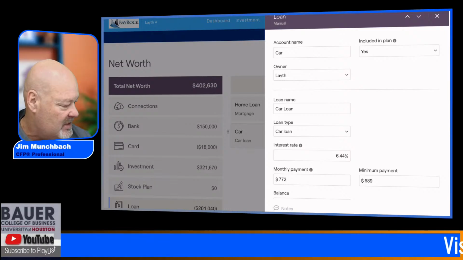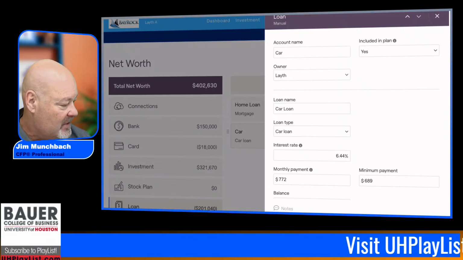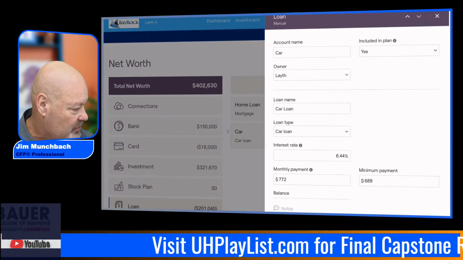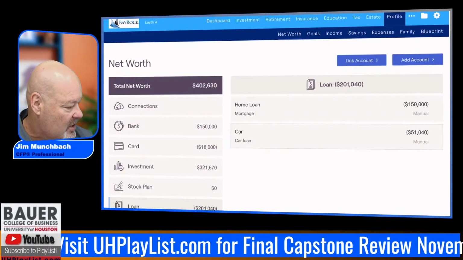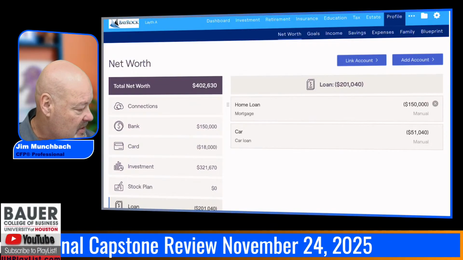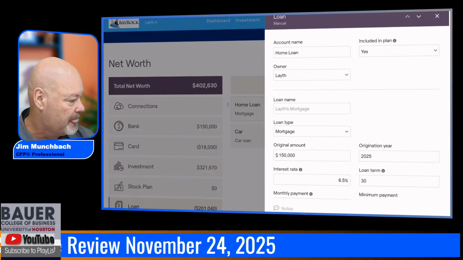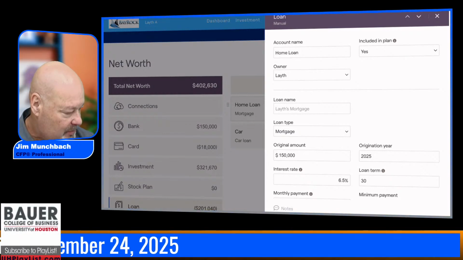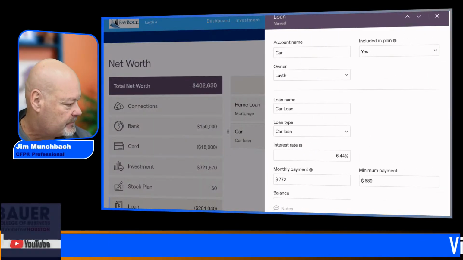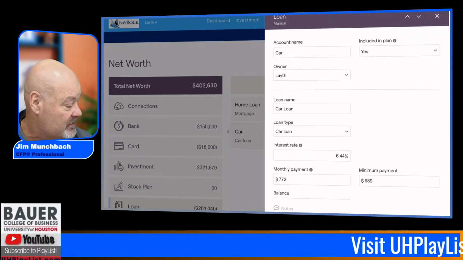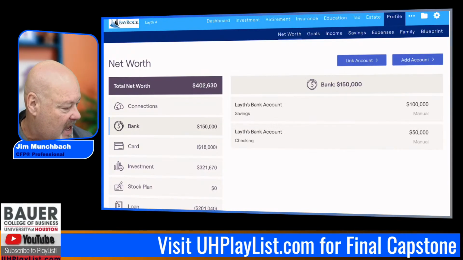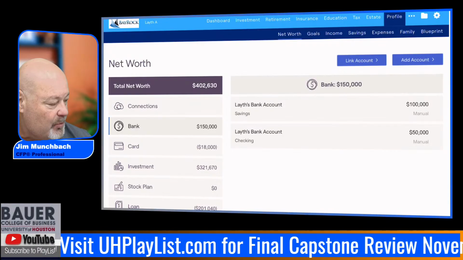And I can jump in and see that there's some things missing here, like you don't have an interest rate. That's not good. You would get deductions for that. So make sure you include all of the details in these data cards because that's what drives the rest of your plan. So that's something I would suggest you look at. Again, here you're missing, oh no, there is an interest rate there. Maybe it was here too, and I just didn't see it. Yeah, there was. Sorry about that. You have an interest rate. That's great. Okay, good. So that shows the loans. I'm not sure where this cash is coming from or why it's in cash in the bank.